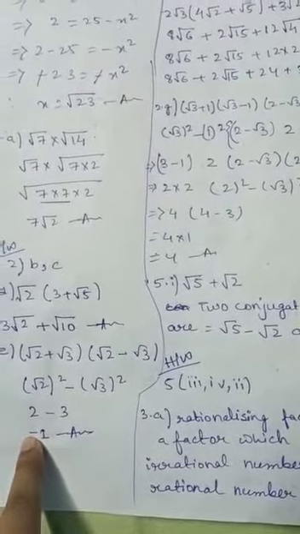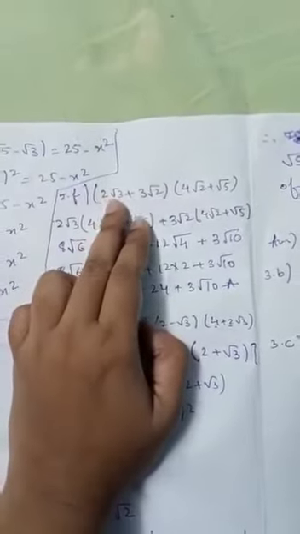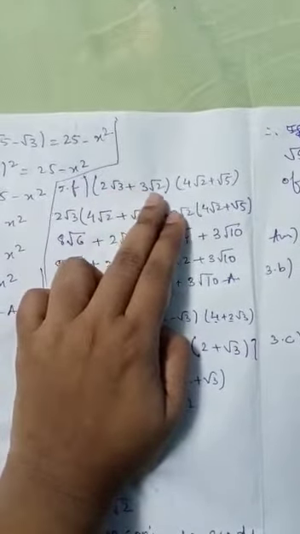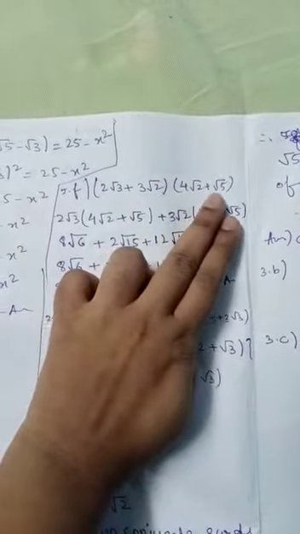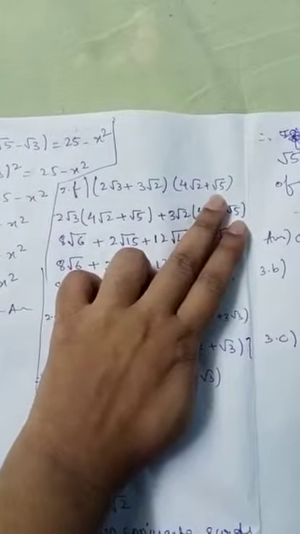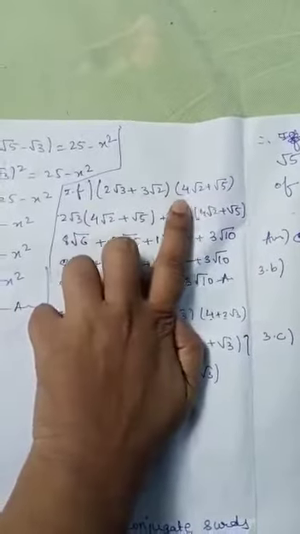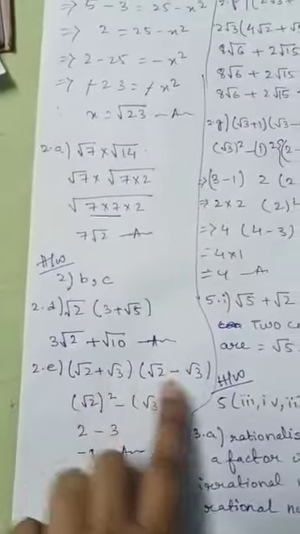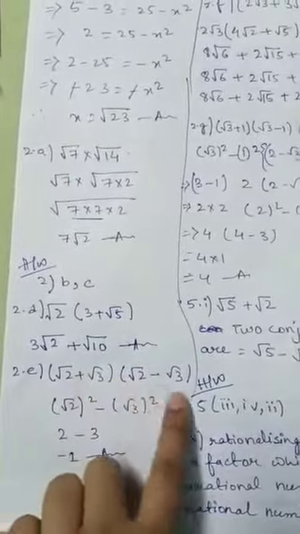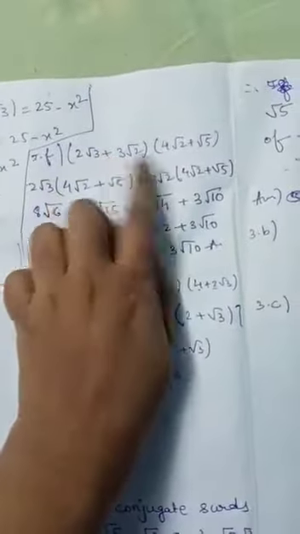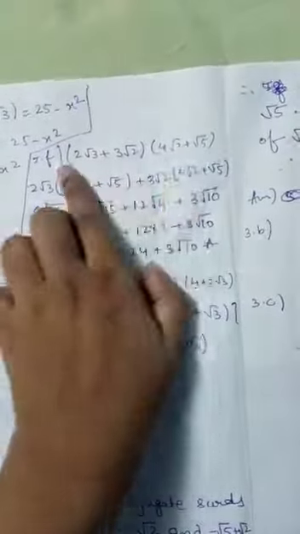So 3 minus 2 will give you 1, and since with 3 you have a minus sign, you have to write minus 1. Now the 2f question is 2 root 3 plus 3 root 2, 4 root 2 plus root 5. See, in this one there is no formula. If we have a formula, we have it like this, plus and minus, and the same thing two times, only the sign will change, plus and minus.